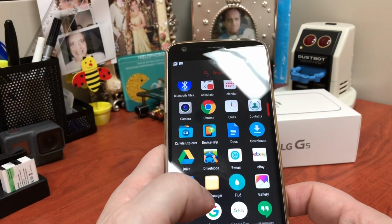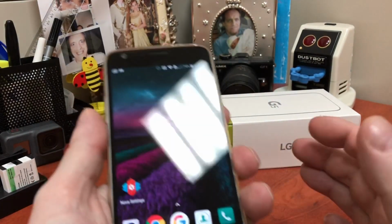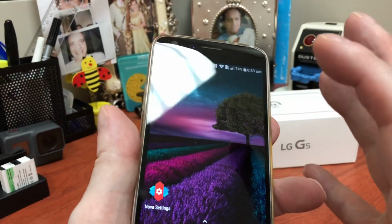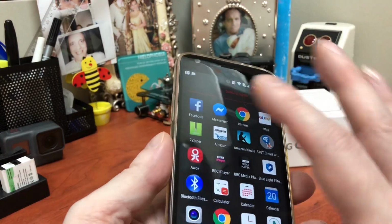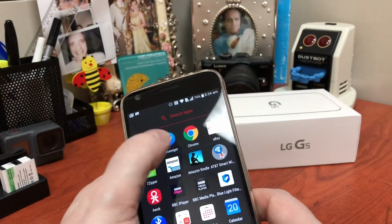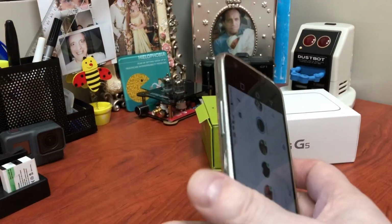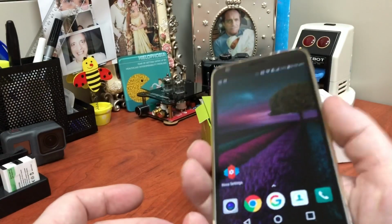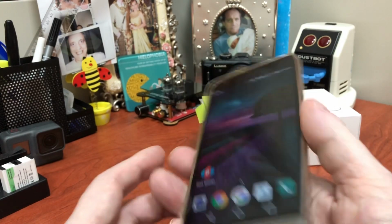I put Nova launcher on here, and I have certainly, as far as I'm concerned, the UI and interacting with this, I used it for about a week. Call quality is good. I was using the video calling for talking to my wife, who's on vacation at the moment. I kind of used it as my main phone for a while, and I was really very tempted to keep it. But of course,